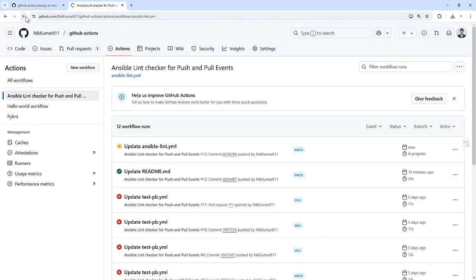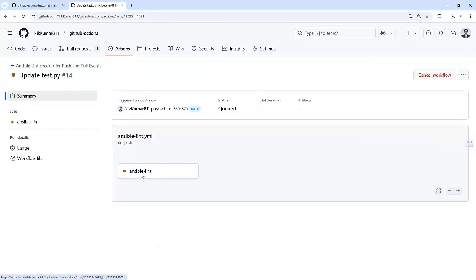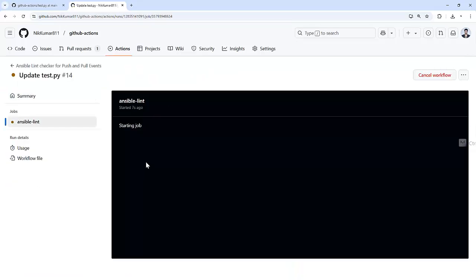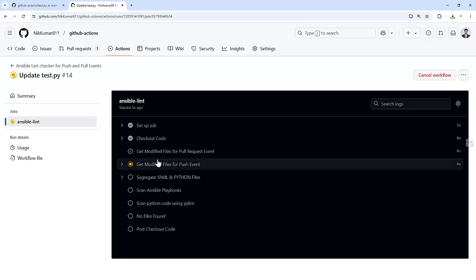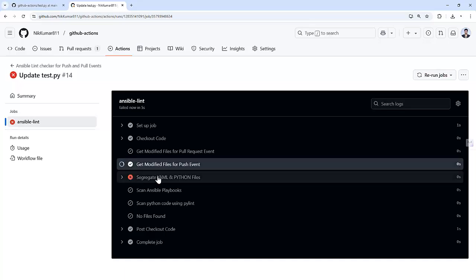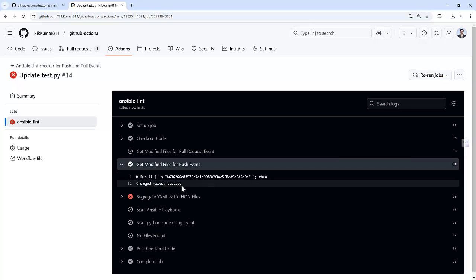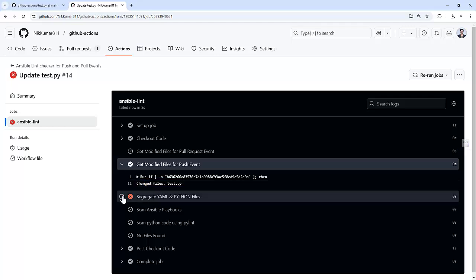Let me refresh this. So this is the test.py file which I just modified. It's waiting for a GitHub runner to pick up this job. So it got picked up by the runner. Now let's see. We can see this is a modified file from the push event, but it failed